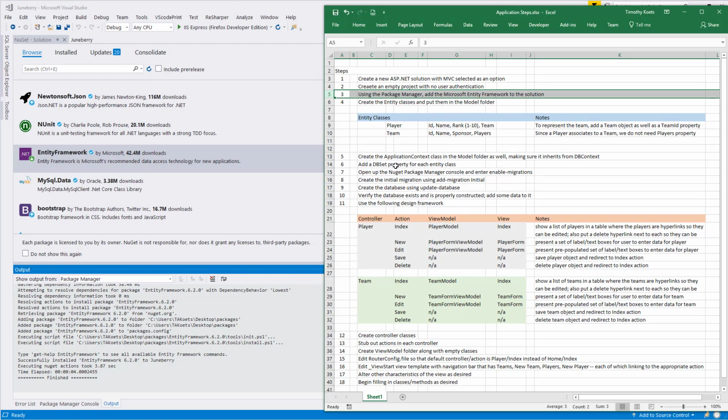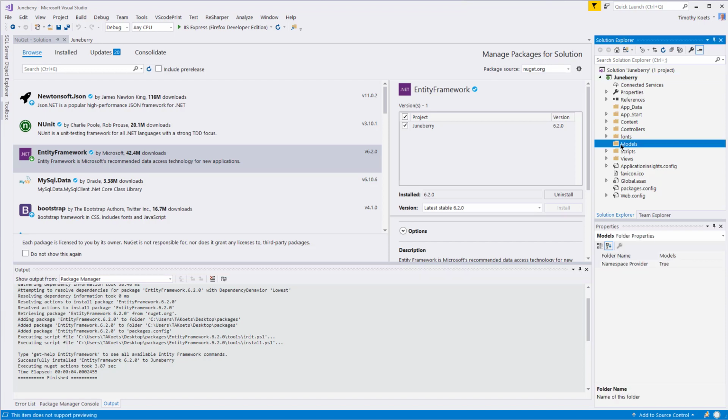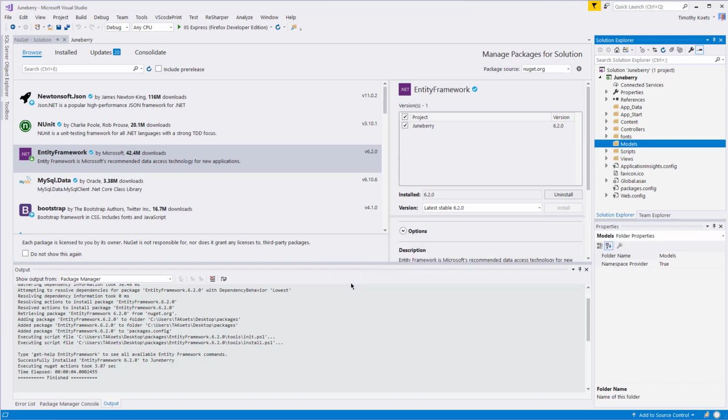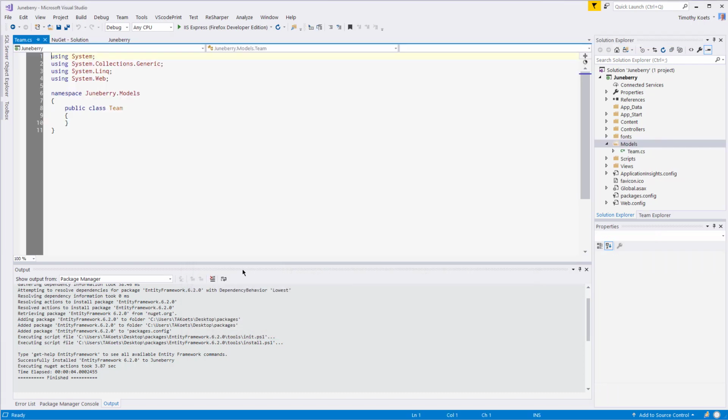So let's come back to our spreadsheet. Now it says to create the entity classes, also called the POCO objects. These are going to go in the Models folder, and you can see here what we're going to be building is our Player and Team objects, as we talked about in class. So I'm going to go to the project, right-click on the Models folder and click the Add Class option, and we'll start by building the Team class. So I'll type in Team,